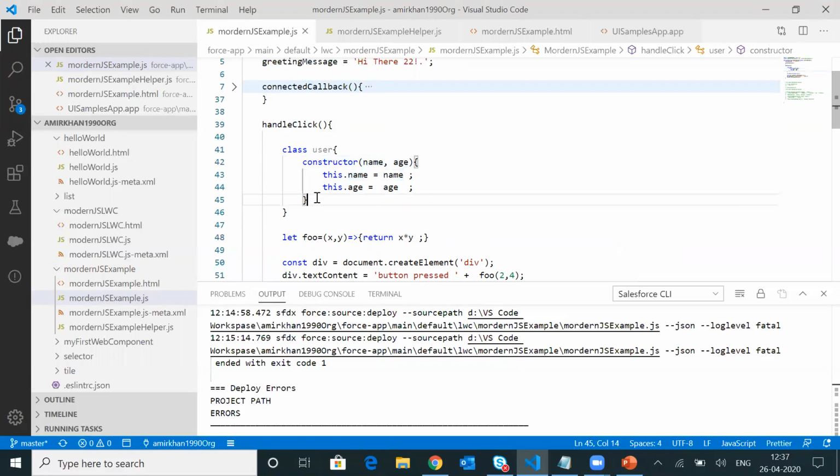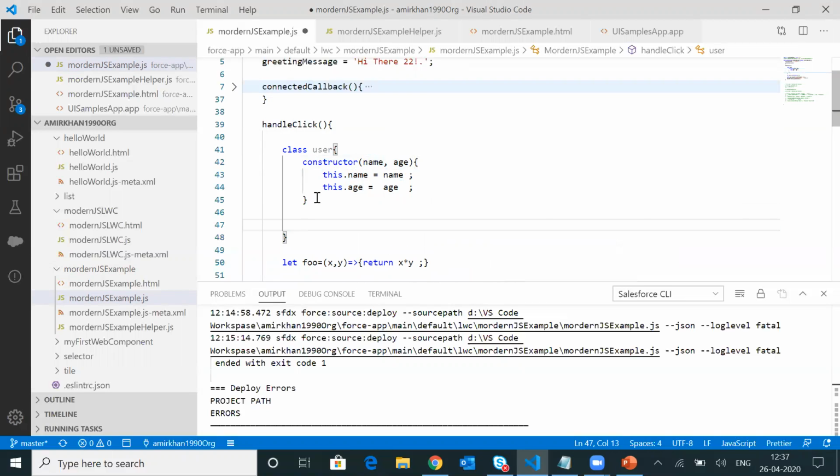Let me also create one more method, let's say getUserDetail.